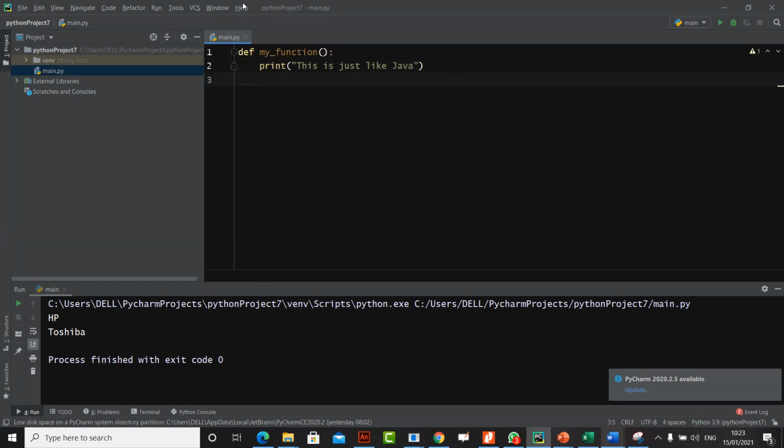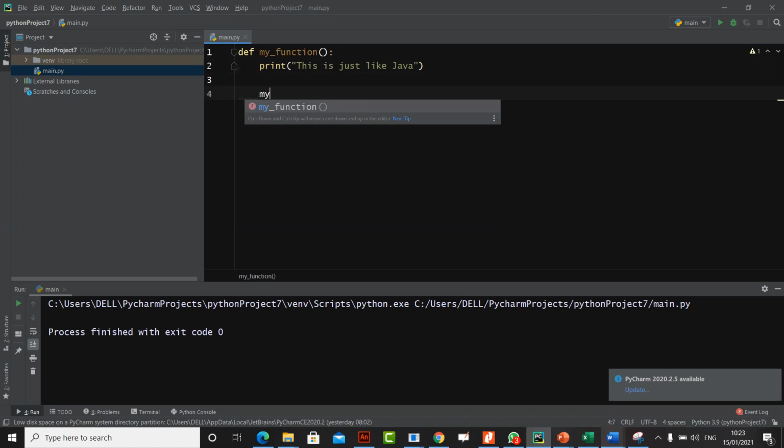Now obviously, if I run this, nothing will happen. हम पहले discuss कर चुके हैं ये कि functions are there when you call them somewhere. They have to be called. Event handling कहते हैं. So if I write over here my function, obviously what will happen is,